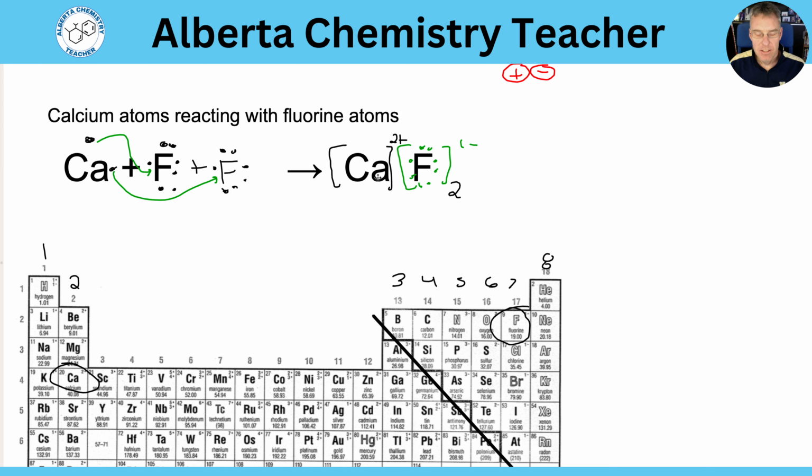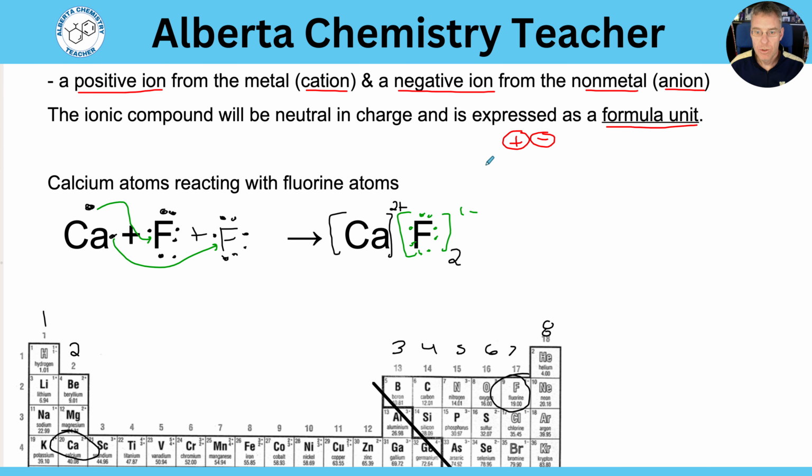Now this isn't nice and convenient to draw all the time, so what we want to be able to do is write a correct formula unit. The formula unit for calcium fluoride is we write Ca, and there's 1 of those, we don't write 1s, and we've got 2 fluorides. And this is nice and balanced. The total charge of this whole thing is 0, and we don't write the 0. We also don't have to write that it's made up of a 2 plus and a 1 minus ion, but you need to realize it,